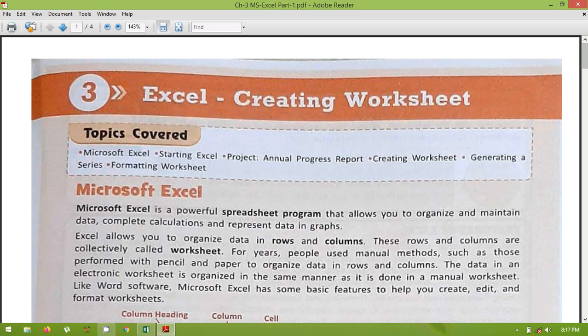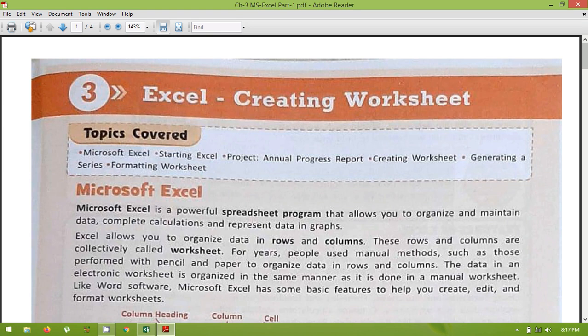MS Excel or Microsoft Excel is one of the software also developed by Microsoft Corporation. This software is known as a very powerful spreadsheet program that allows you to organize and maintain data, complete calculations and represent data in graphs.